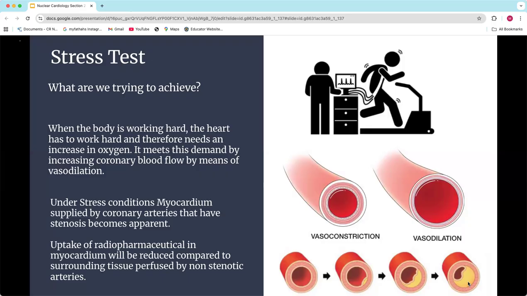Again, you're not stressing the heart and then taking the blood flow out. You're just simply increasing everything else, and so it's reduced or ischemic compared to what the blood flow should look like with proper dilation at that time. Okay, and as we're looking at images, that will make more sense as we look at a couple different images and what they look like. Okay, any questions on that?